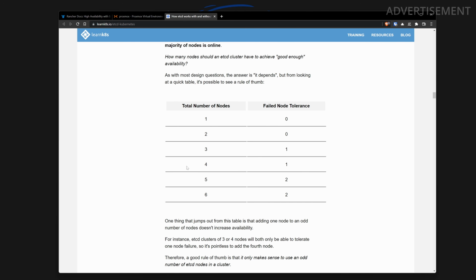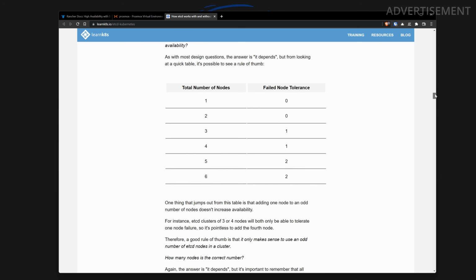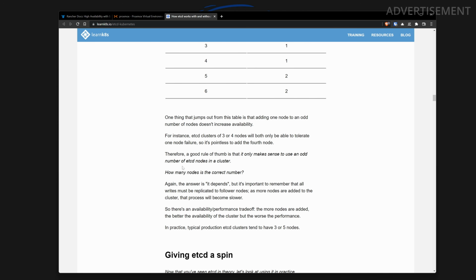Now, if we want to add another node here and we have 4 etcd instances, we can still lose only 1, because when we would lose 2, that wouldn't be more than half. So adding another K3s server to a 3-node cluster to make it 4 nodes doesn't give you any more fault tolerance. However, if you now start adding another node so that we have 5 nodes, we can compensate the loss